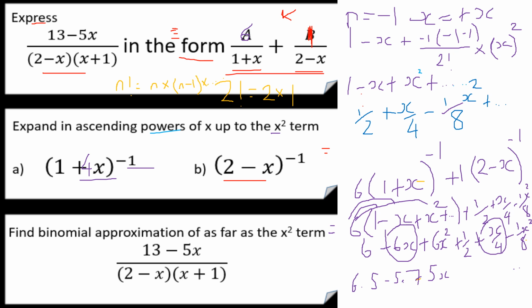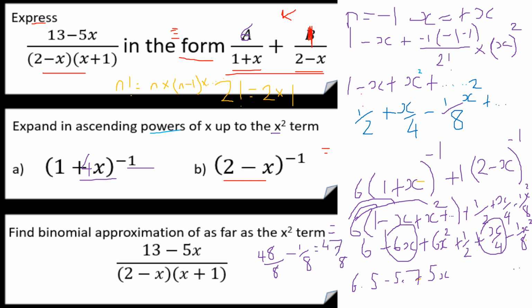And then I've got 6 minus 1/8 x squared. So 6 is equal to 48/8, so subtract the 1/8, but again I can do it on my calculator if you're not too sure. That is equal to 47/8,